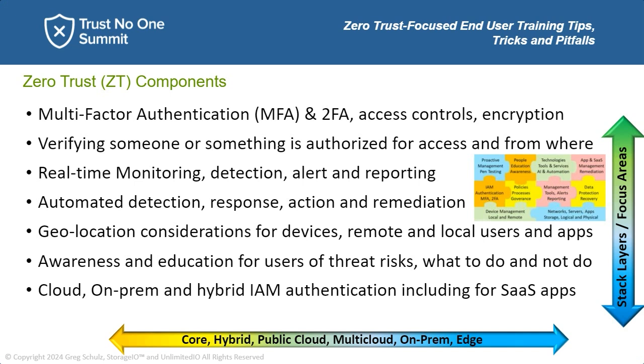It's also part of that real-time monitoring, detection, alerting, and reporting, so that if somebody is trying to use your credentials, if somebody is trying to do something, hopefully the automation, the AI, the co-pilots, different smart tools could all of a sudden kick off a rule and say, okay, we've detected something. Now let's start our response. Let's take our action. Do we need to do anything else? And again, part of that is factoring in the geolocation considerations.